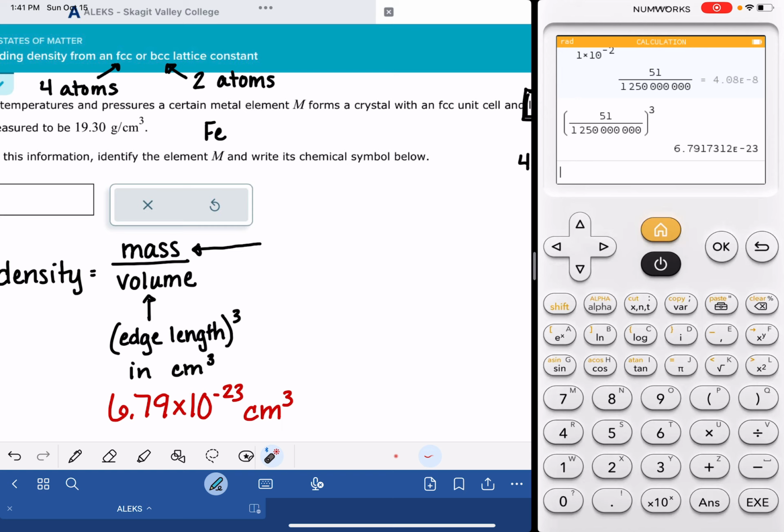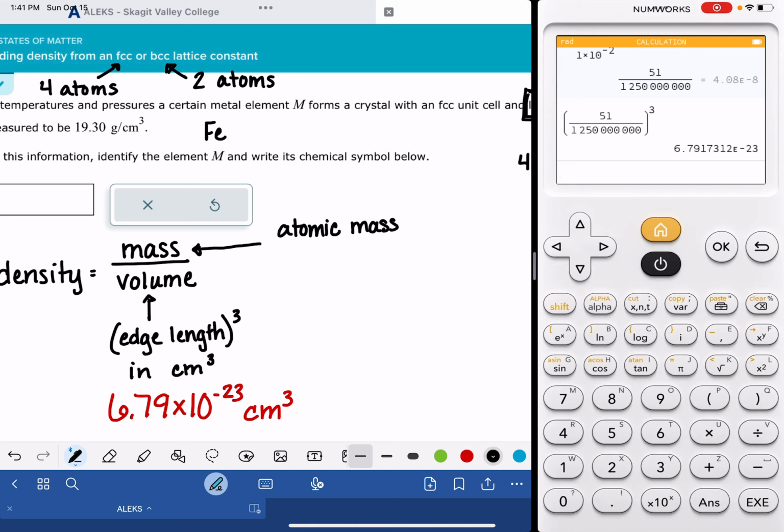So what you're going to need to do is figure out how much one atom weighs and then multiply that by the correct number of atoms based on what type of unit cell you have. So that calculation is going to look like this. You're going to go to the periodic table. You're going to look up the atomic mass of your element, whatever it is, like you'd look up the atomic